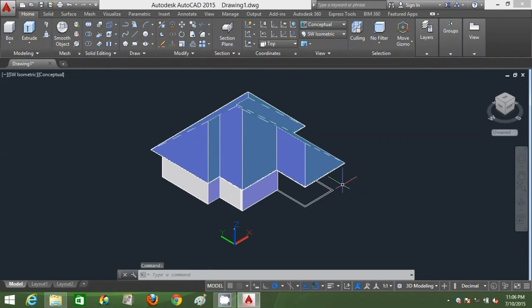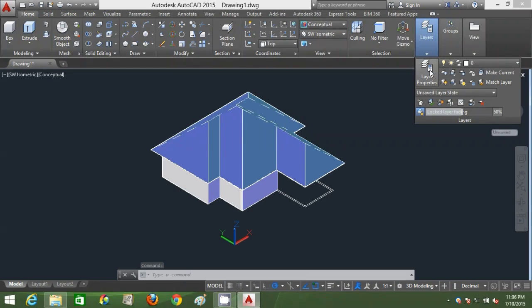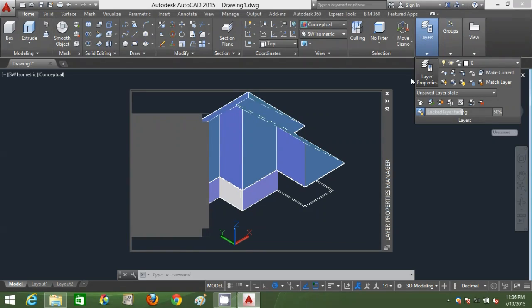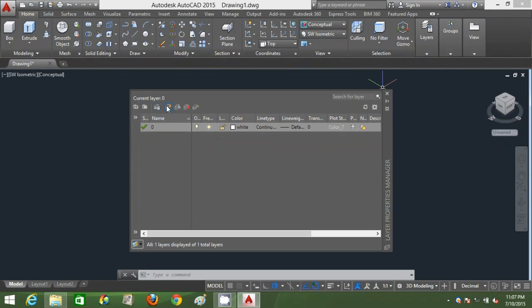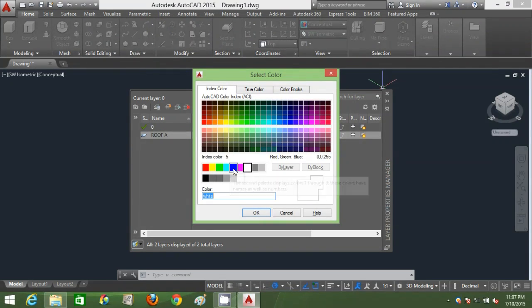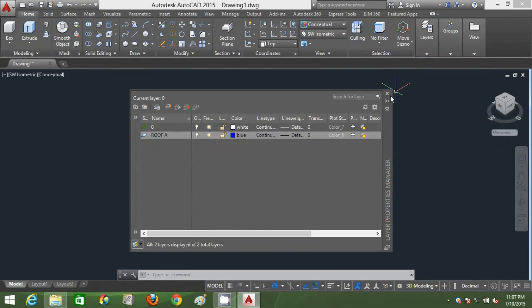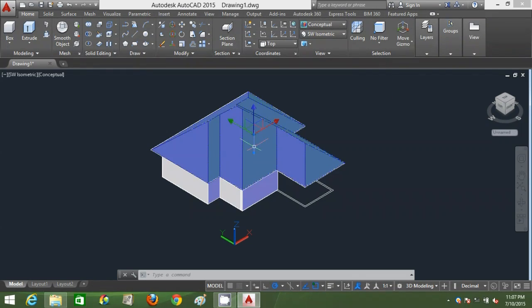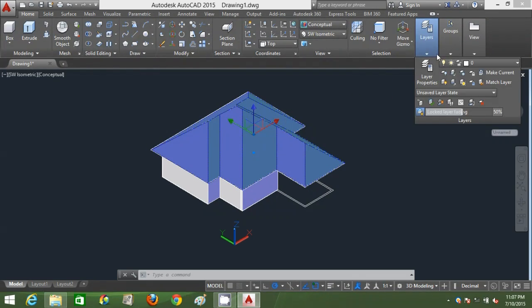Right, so I've sliced and deleted that, and I'm gonna click on layer properties here to transfer my rooftop to its own layer. Alright, so I can shut it off for a while doing other elements of my 3D house. So I'm just gonna create a new layer. I'm gonna name that new layer roof A and color the layer blue. Click OK. Click close. Select the rooftop and open up my layer, select it and transfer it to roof A,